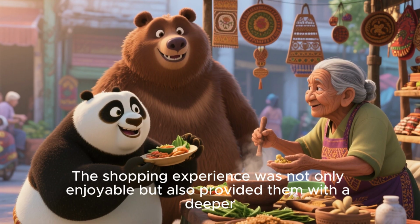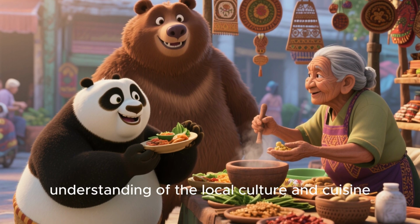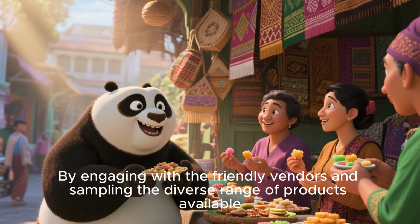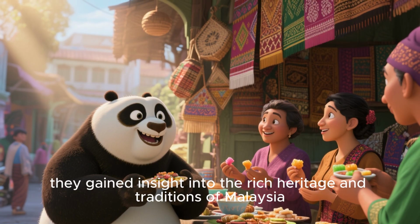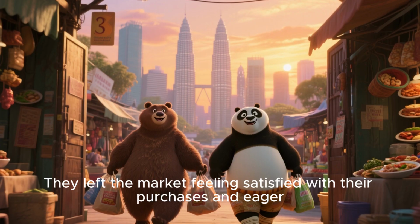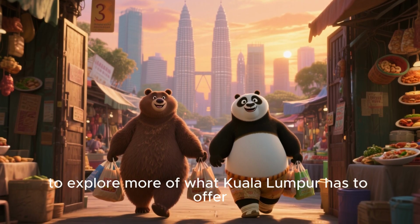The shopping experience was not only enjoyable, but also provided them with a deeper understanding of the local culture and cuisine. By engaging with the friendly vendors and sampling the diverse range of products available, they gained insight into the rich heritage and traditions of Malaysia. They left the market feeling satisfied with their purchases and eager to explore more of what Kuala Lumpur has to